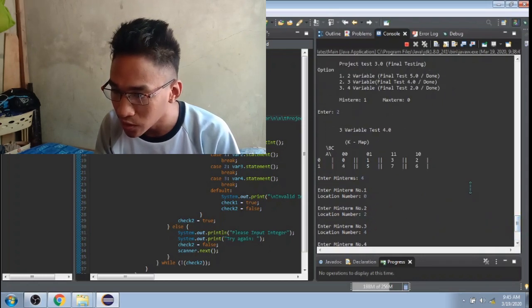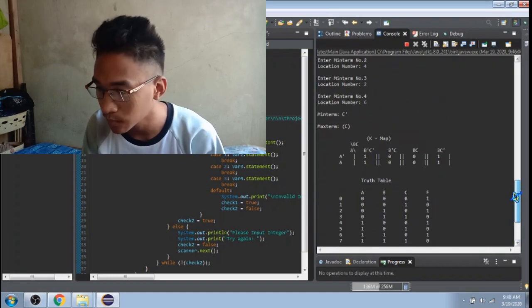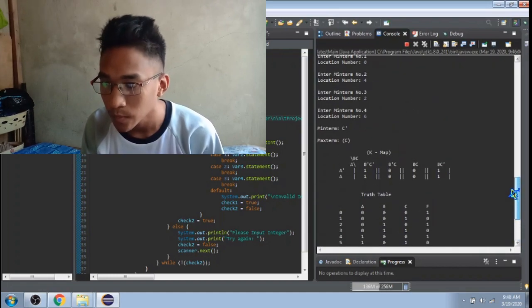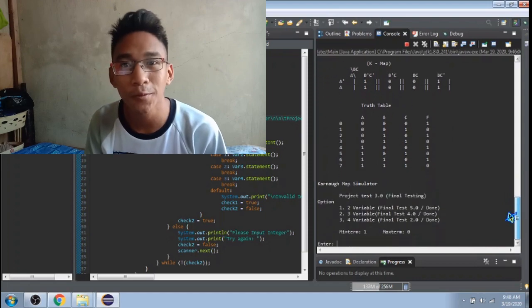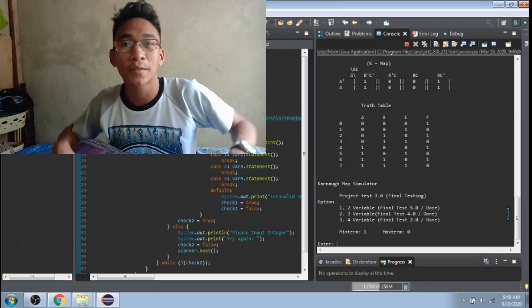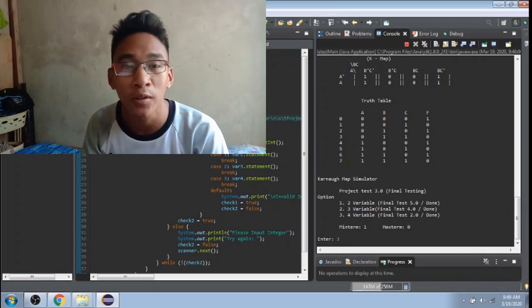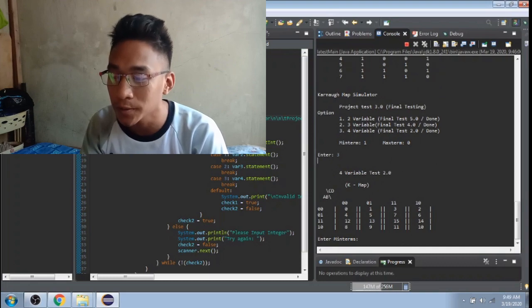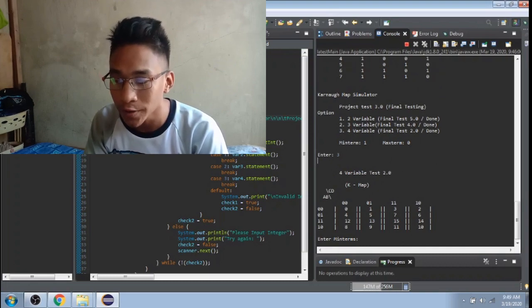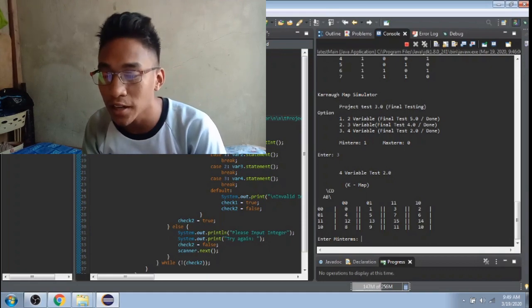So the output would be like so. Let's proceed with option 3, which is variable 4. So let's input 3 for option 3 or variable 4. So we enter minterms again. So let's try with